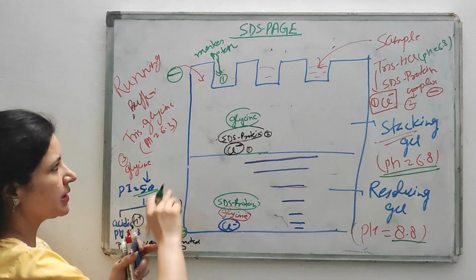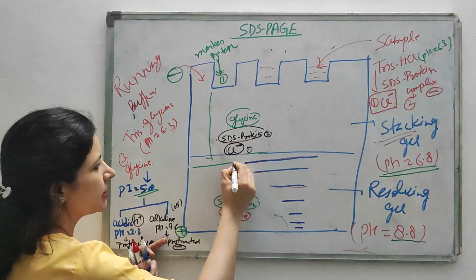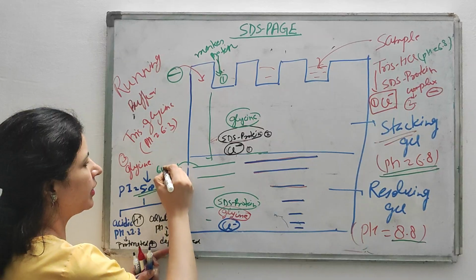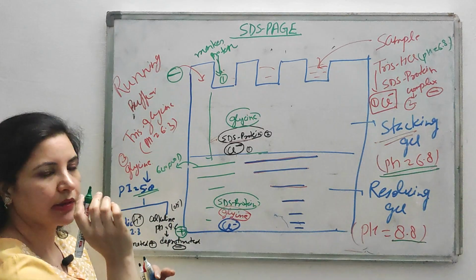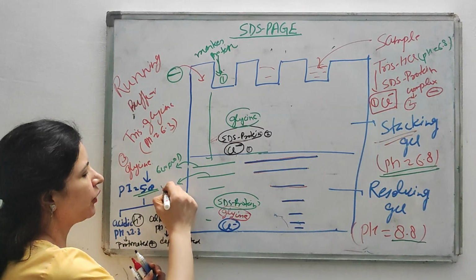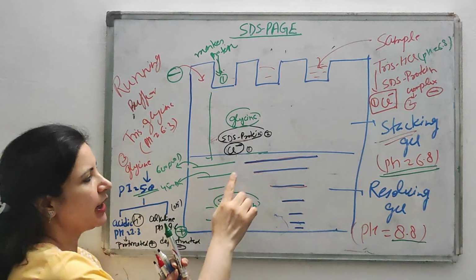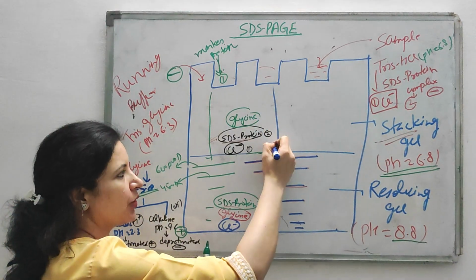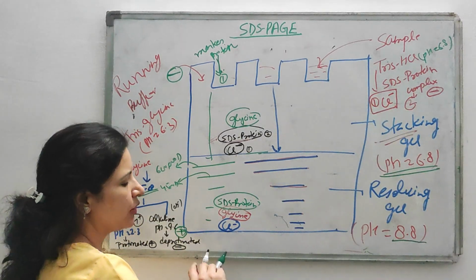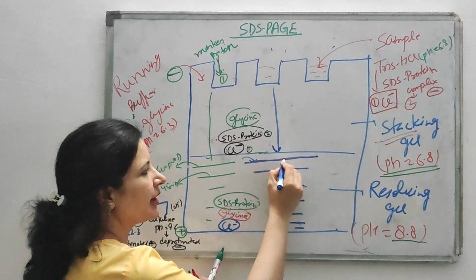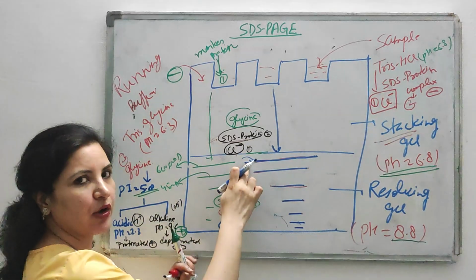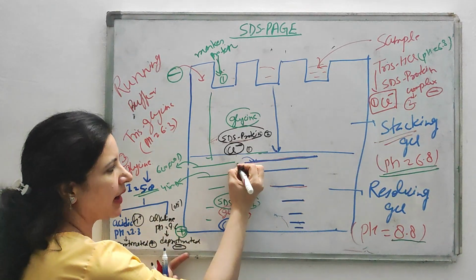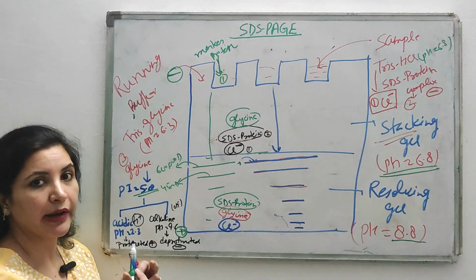Suppose this forms a band like this, and its molecular weight is around 60,000 Dalton, and suppose the molecular weight of this one is 45,000 Dalton, for example. If a band of protein from the sample is separated here, you can easily understand that the molecular weight of this protein is around 60,000, because it is in front of this marker protein. Understand how you get the molecular weight?